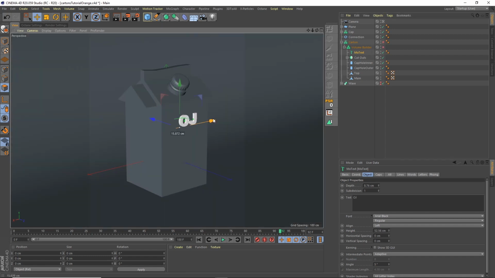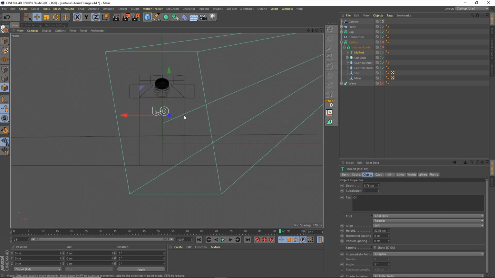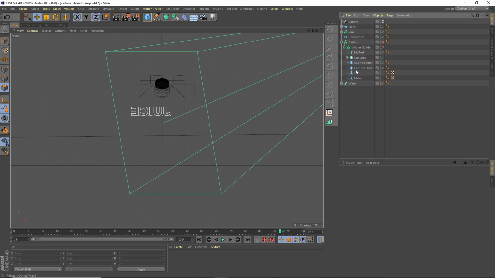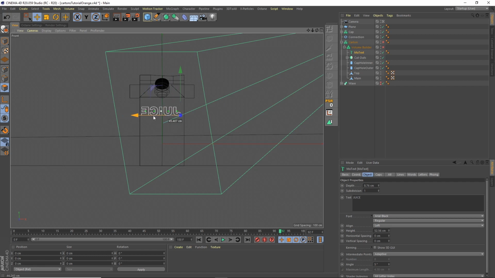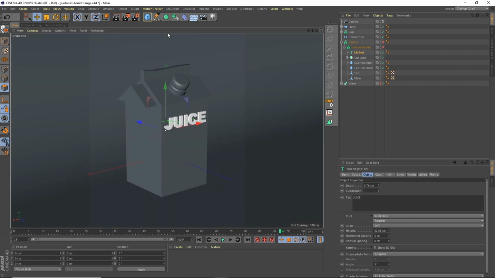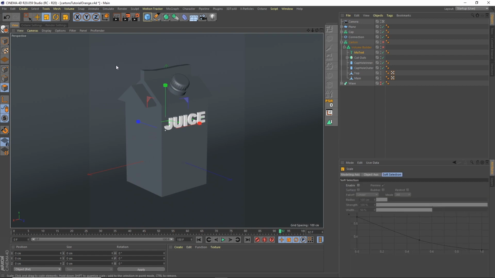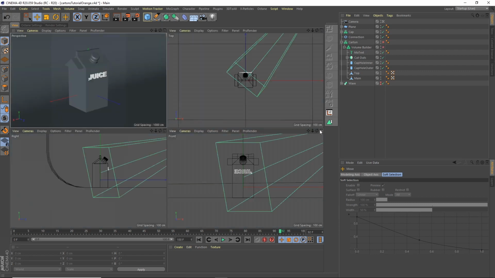Let's just make sure that's off and then set centered roughly. Actually, I called it juice, didn't I? Not OJ. Say juice. Scale that down a little. Okay. And then what we'll do is go into this view,